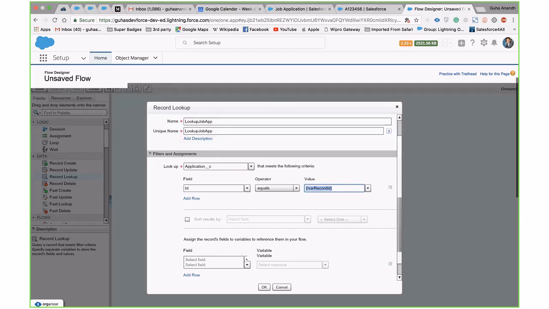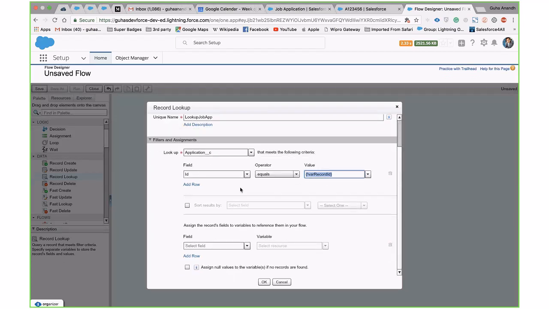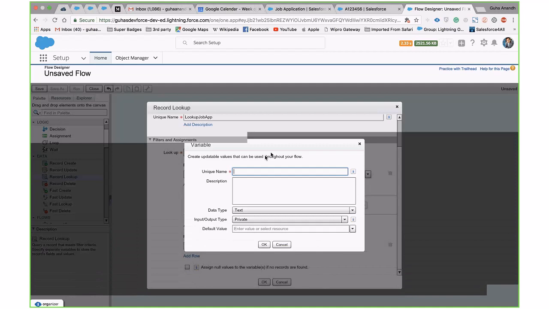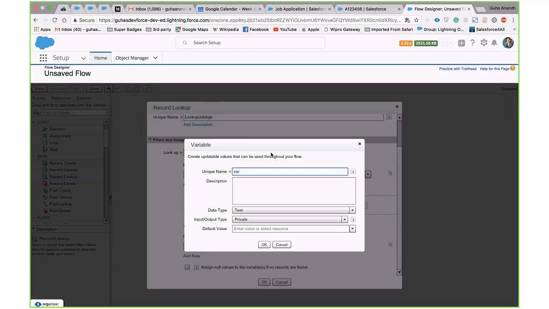So when you come down here, now you have defined a filter criteria for that object. So now it says a filter criteria that will boil you down to one record. So once you land on the record, you need to look at one particular field, right? So let's say total years of experience is the field I want to capture into a placeholder. So I'm going to create a placeholder again called where